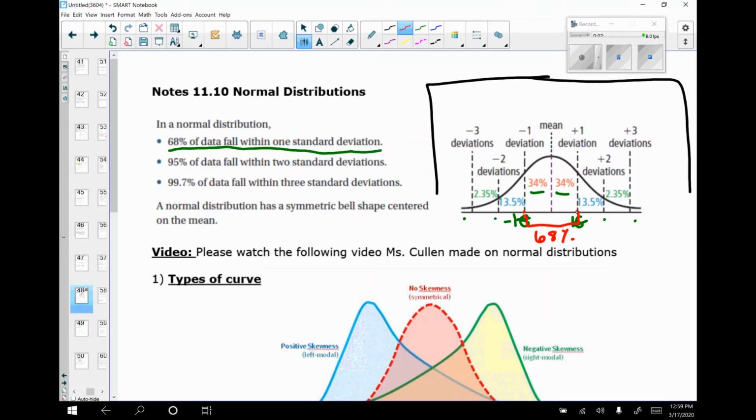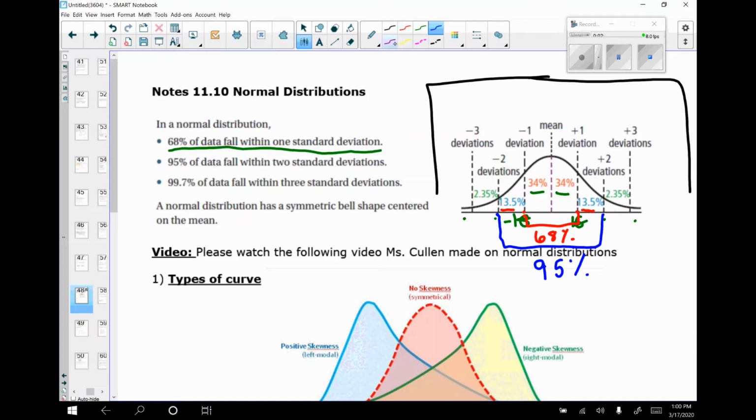Okay, then after that, in between our first and second deviation, we have 13.5% of our data. So we have 13.5% over here and 13.5% over here. So if we take everything from our second standard deviation all the way to our other second standard deviation, this is 95% of our data, because 13.5 plus 34 plus 34 plus 13.5, that's 95% of our data right there, guys. A lot of times we'll use this, I'll set this up when I do a test. And if I have most of my data within here, 95% of my data is around my mean, that's great,